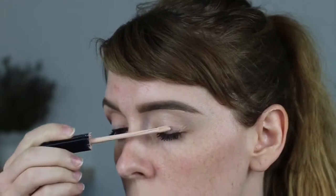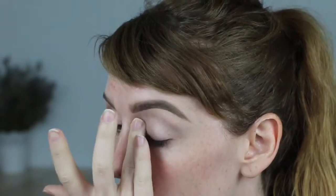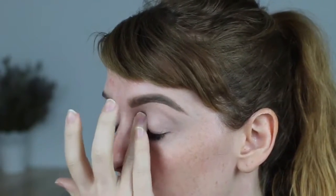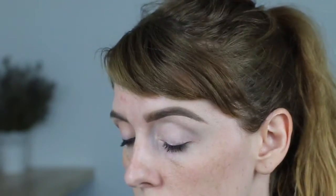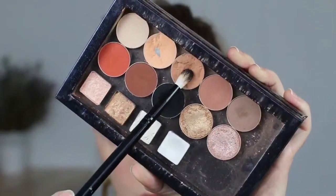I'm super excited about this dramatic partial cut crease with gold glitter look, so let's jump right in. I'm starting by priming my lids, so I'm just using concealer and patting that all over the lid from inner to outer corner and then all the way up into the crease and the brow bone as well. And here I'm just taking a little bit of translucent powder on my finger and patting it in to set the concealer. I was too lazy to grab a brush, so...